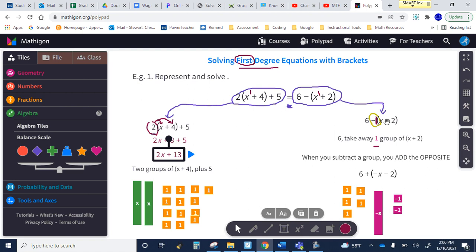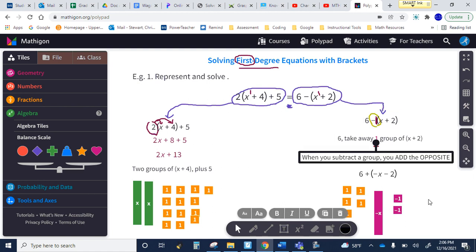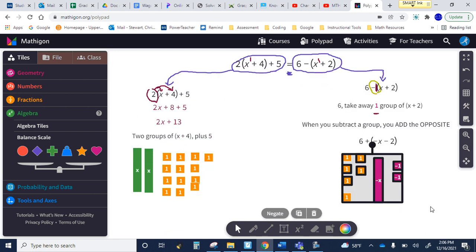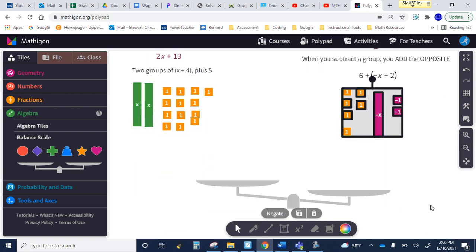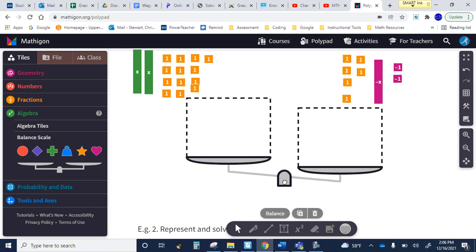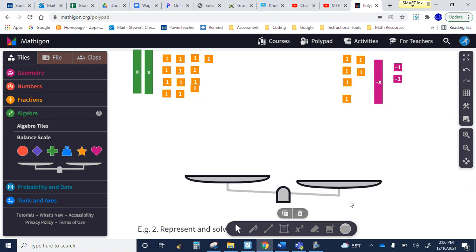We also looked at what it meant to subtract a group of tiles, or an algebraic expression. So remember, subtraction is the addition of the opposite. So we applied that rule and rewrote the right-hand side of the equation, and then we represented it visually with tiles. So here we are at this part where we are going to now solve this equation